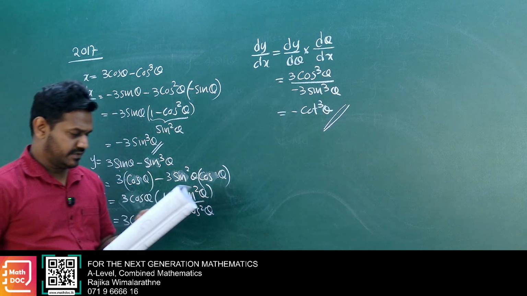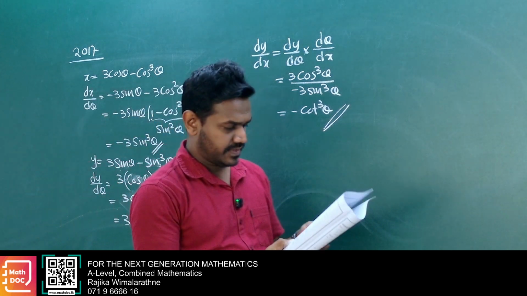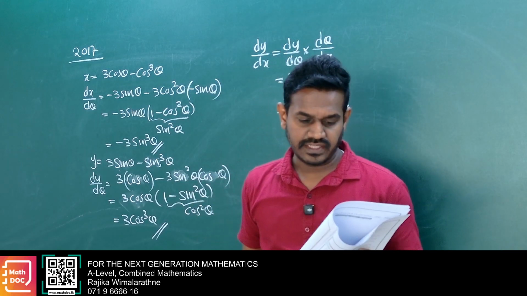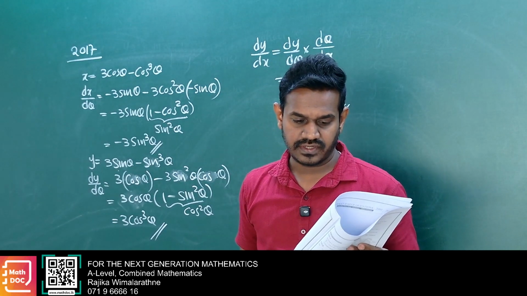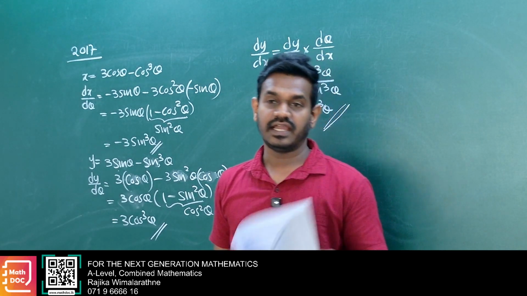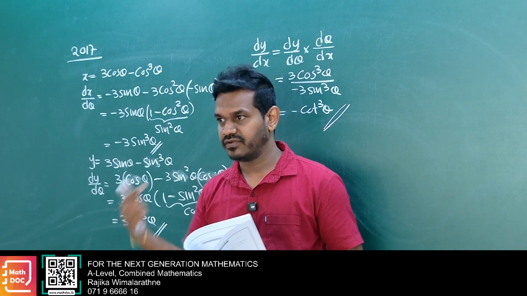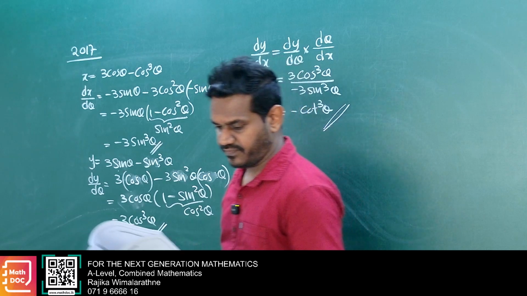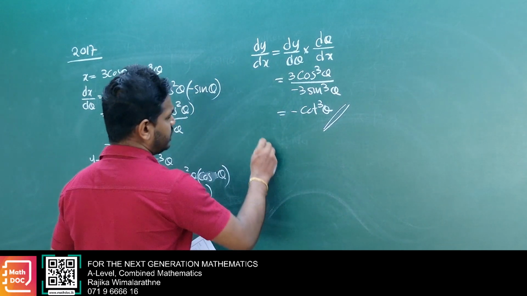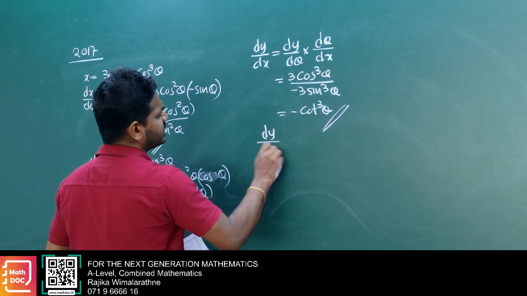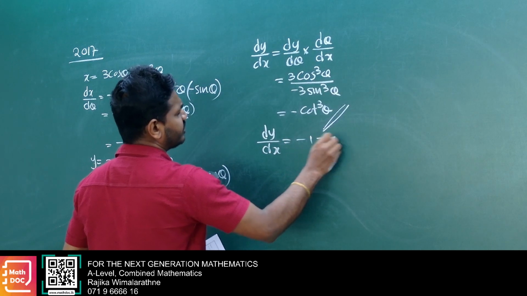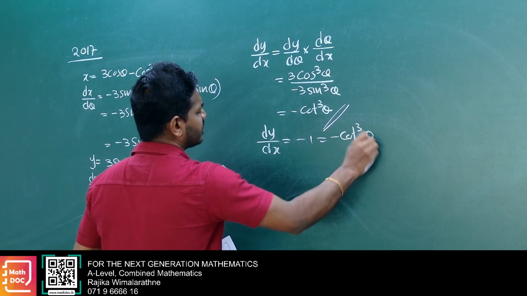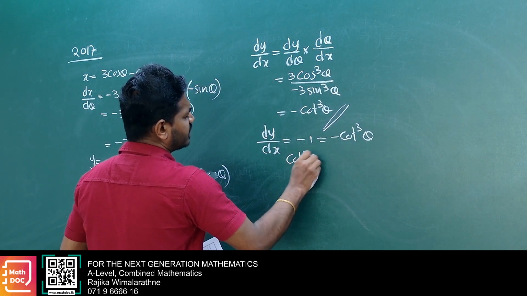And further given: now find the coordinates of P on the curve at which the gradient of the tangent line is minus 1. Now the gradient is given, we have to find the coordinates. Then take the gradient as minus 1. Now dy/dx is given as minus 1, so cot cube theta is 1,